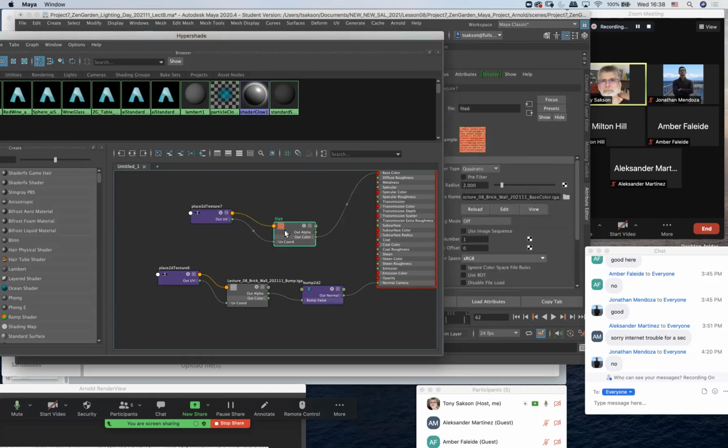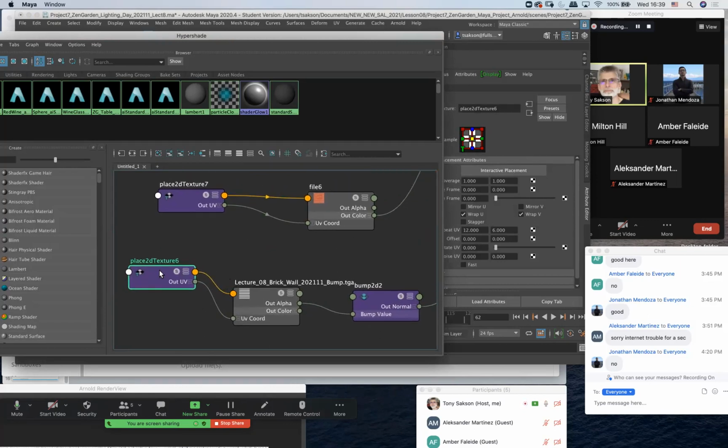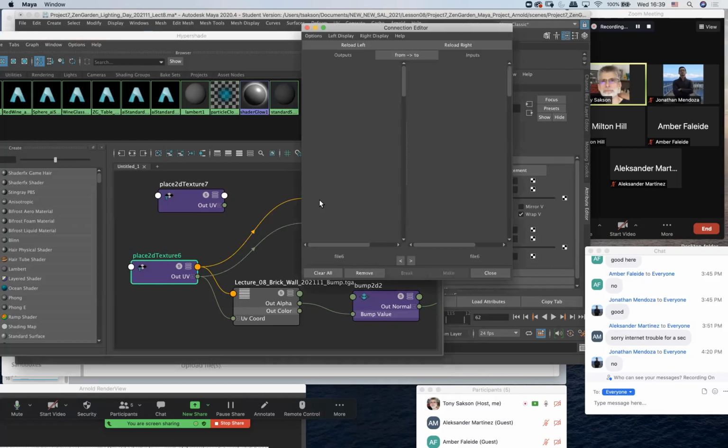All right, so the way it works is I want this place 2D to also drive my color. What I want to do is hold down the command key. I'm going to middle mouse on top of this level of detail icon in my place 2D. Middle mouse click, drag, and drop it on top of the little icon of my brick in file 6. And when I let go of my mouse button,